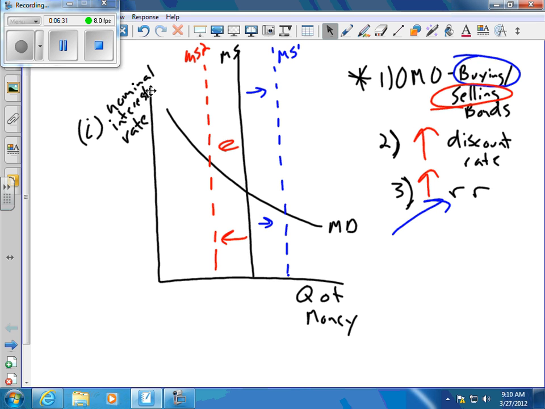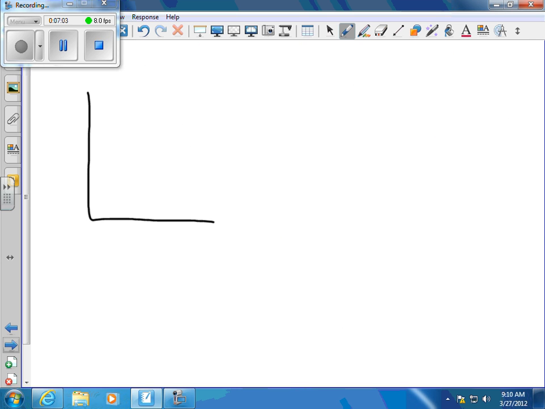Banks are not allowed to loan out as much money as they could have before. And so once again, the import of these changes is to see the impact on the interest rate. So if this is equilibrium here, this is prime, and this is 2, you can see interest rate 1, interest rate equilibrium, and interest rate 2, there are 3 different levels of interest rate there, and that's going to cause different behavior patterns to emerge because the price of money is literally changing. Okay, and so what is that change going to be? Every time you are supposed to draw the money market, quantity of money, let's just write out nominal interest